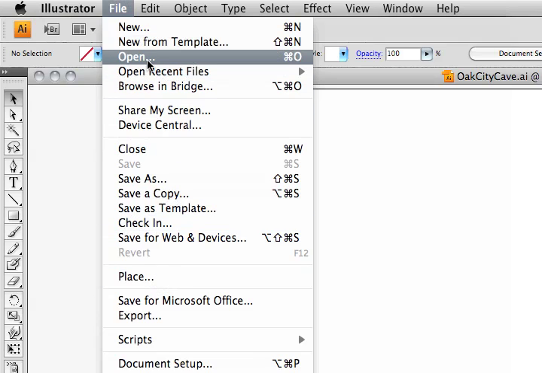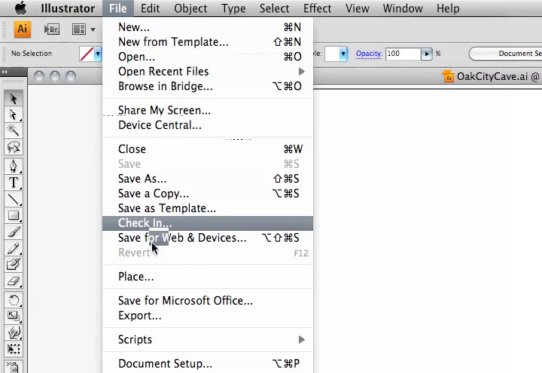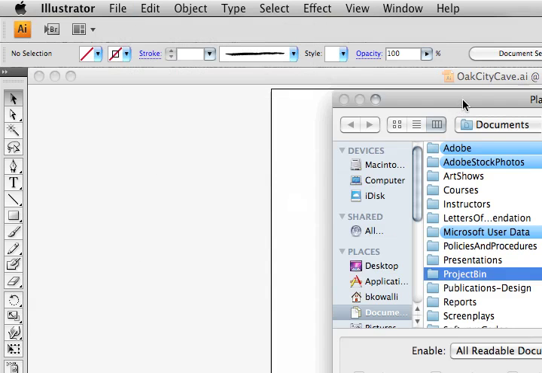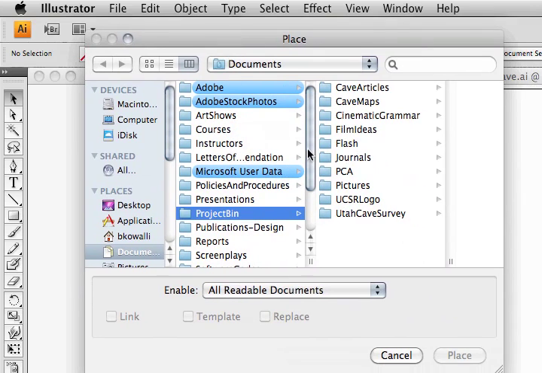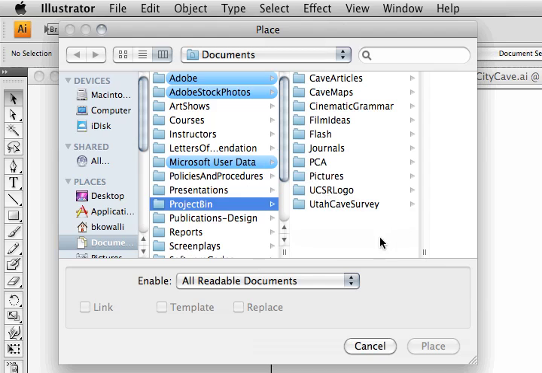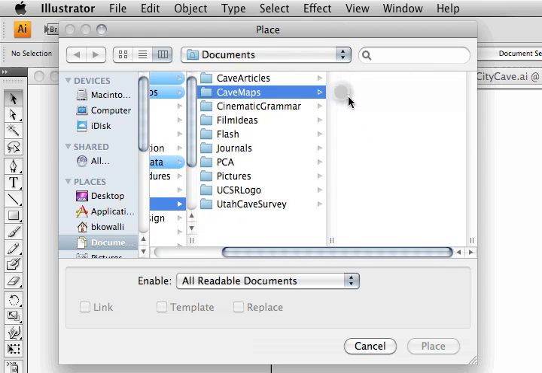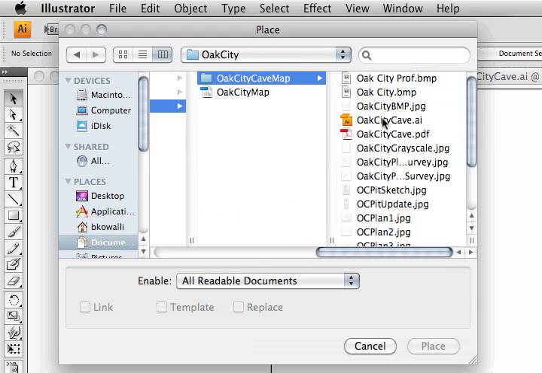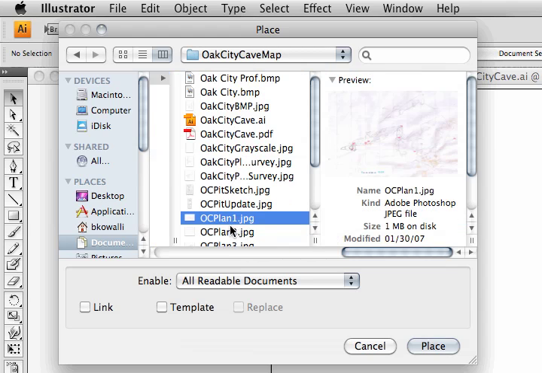Very different from Open. If I chose Open, it would open that file in a new Illustrator document. I want it to be in this Illustrator document. So I'm going to go to Place. Another thing I should mention about Place is that, basically, Illustrator points to that file when I bring it in. So if I go to, let's see, where are my cave maps? So if I go here and import OC Plan 1,